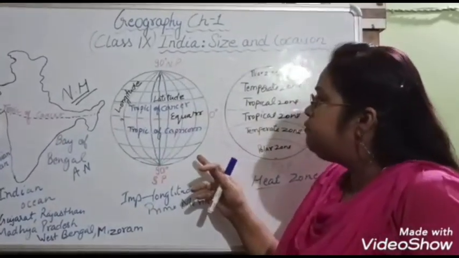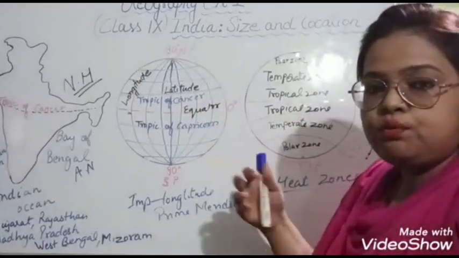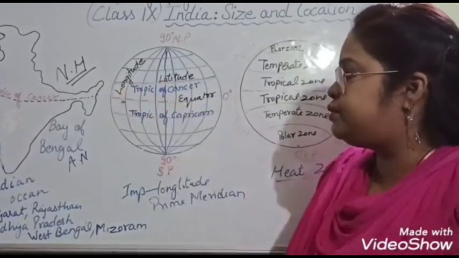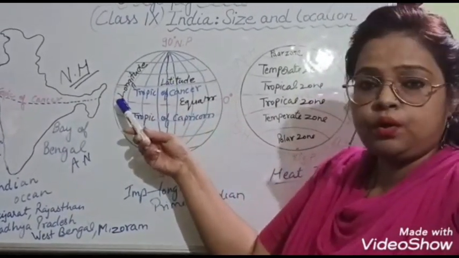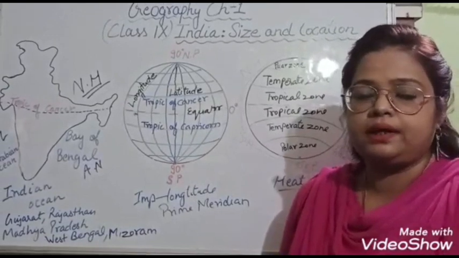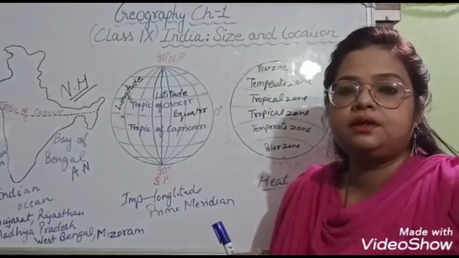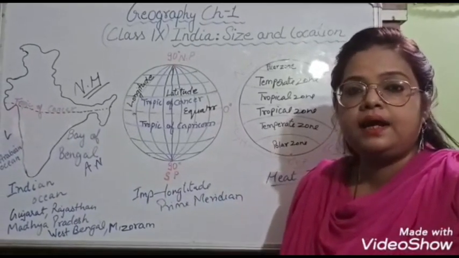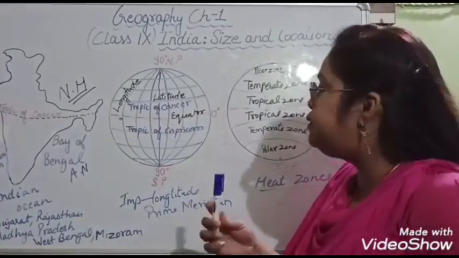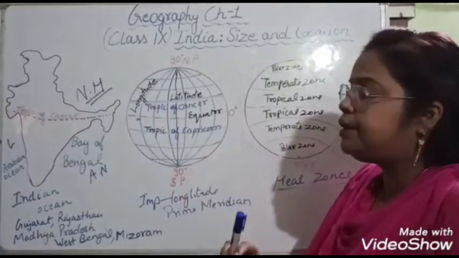Now we will move on to the next diagram. I have made this diagram of the earth to make you understand latitudes and longitudes. These both are imaginary lines, meaning they are not actual lines on the earth's surface, but they are imaginary lines used only to locate certain countries or continents and time zones, so that it is easy for us to calculate. The important latitudes are the Tropic of Cancer, the Equator, and the Tropic of Capricorn.